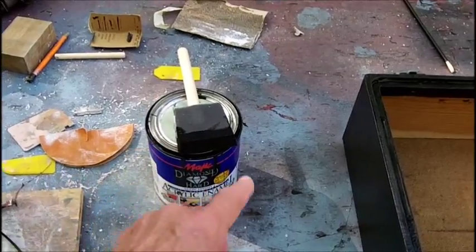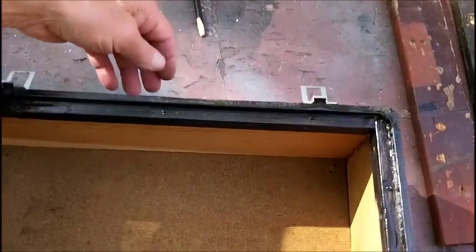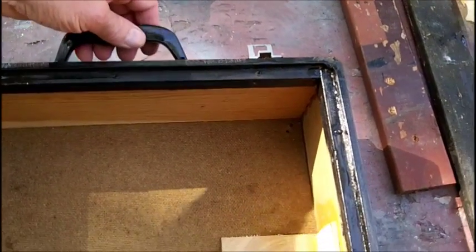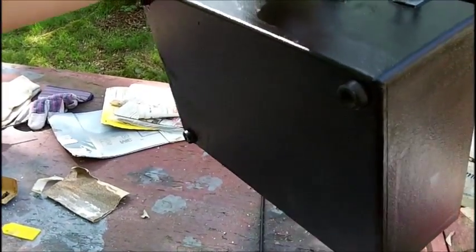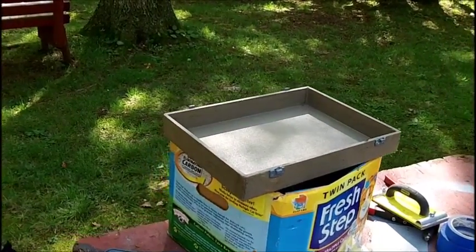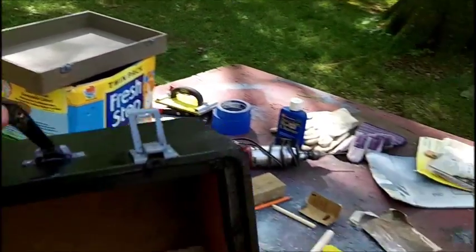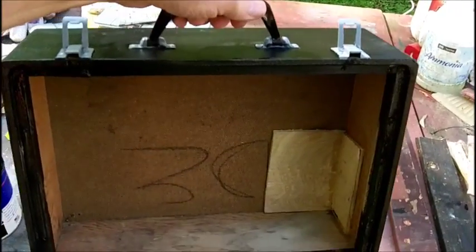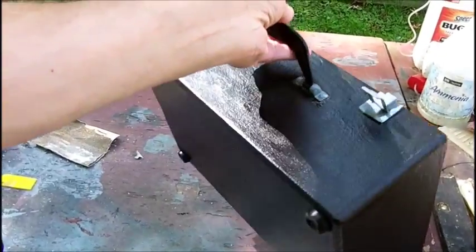And this is the same paint I used on my Radio City Products 308 tube tester. So this thing is pretty good. I don't want to move it around too much. Now I'm going to put a second coat on it. I won't do that today, and the cover has to be fixed up at the corners with the glue, and then I'll paint that, but that won't be done today. So before we run out of memory completely here on the camera, this concludes the Bondo and painting